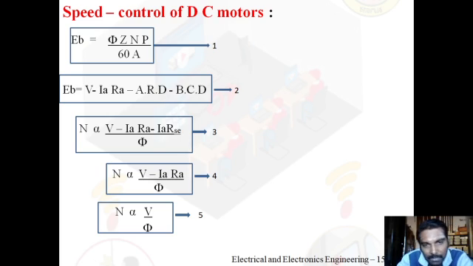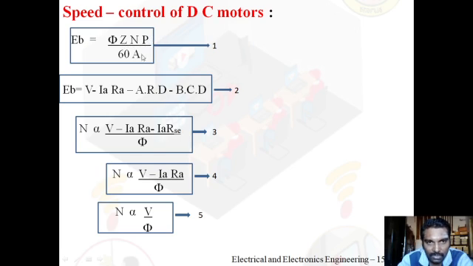Because of the drop in the brushes, some amount of voltage drop takes place in the armature, that is the brush contact drop. So by comparing equation 1 and equation 2, we will get equation 3. That means we have neglected all the constant parameters in the equation, that is the number of conductors,